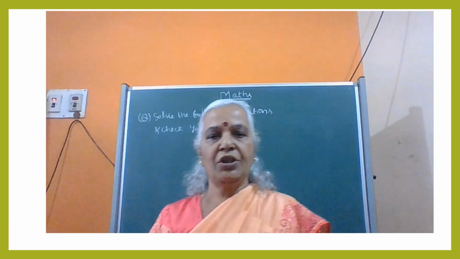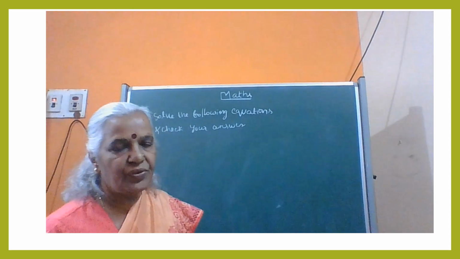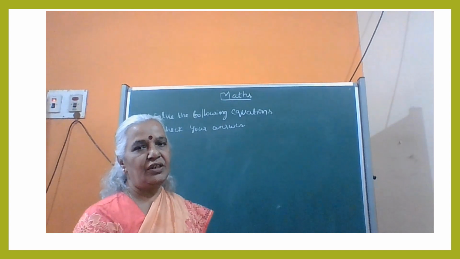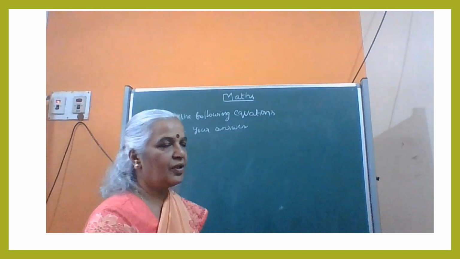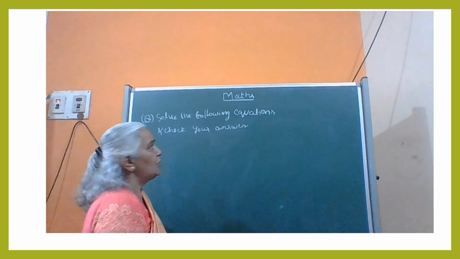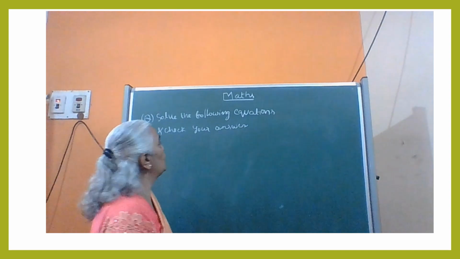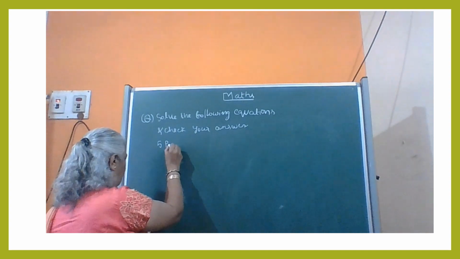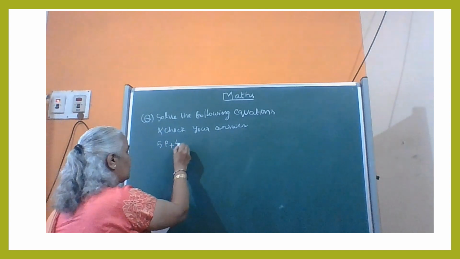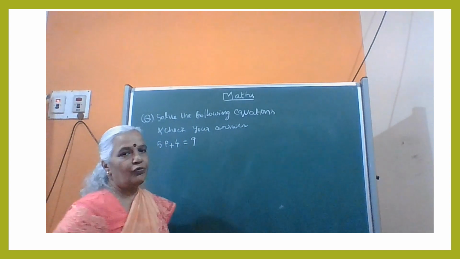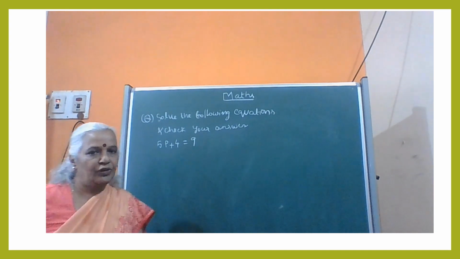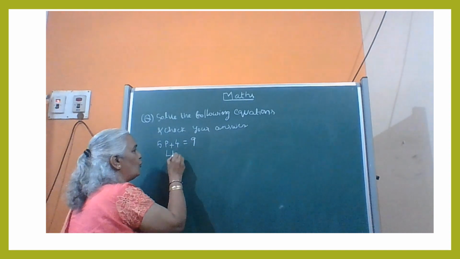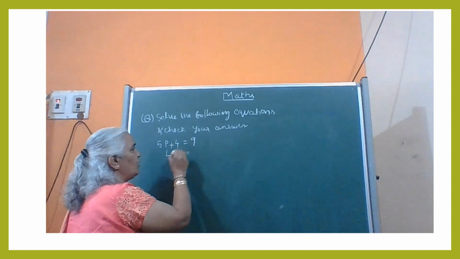Now we are going to solve a few sums from the textbook related to linear equation in one variable. One of the questions is: solve the following equations and check your answer. One question is 5p plus 4 is equal to 9. The expression on the left hand side is 5p plus 4, and on the right hand side